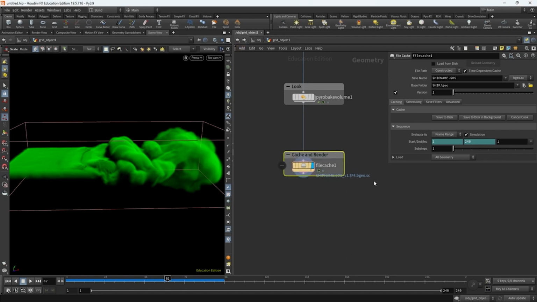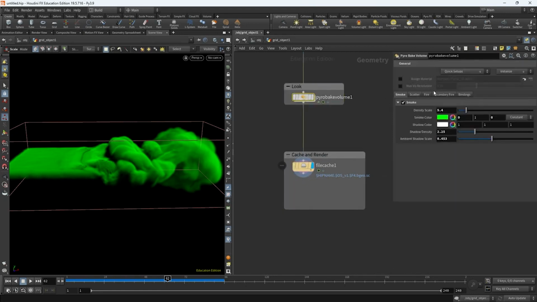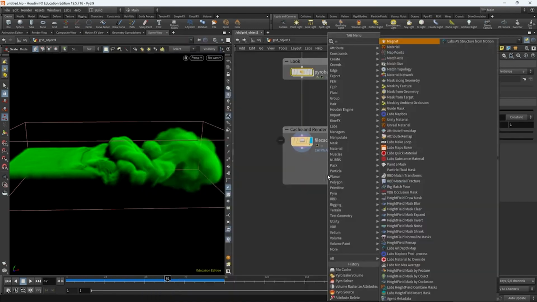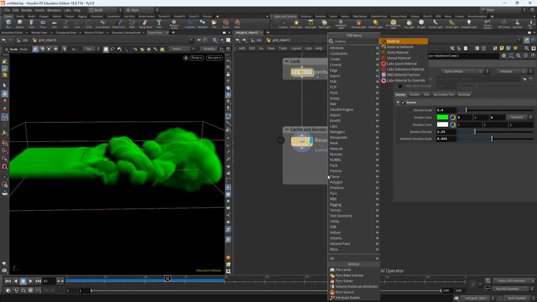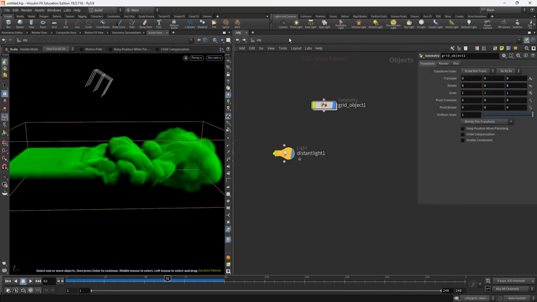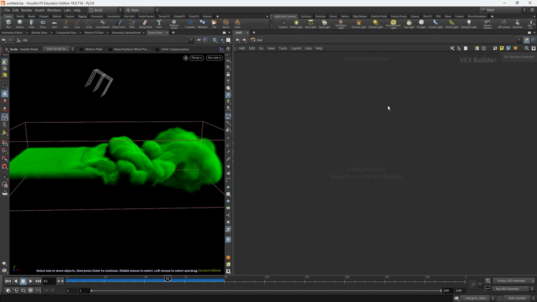And again, this bit is now for cache and render. Okay. Now, with that said, under bake volume, you can assign a material here, but I really usually prefer just adding a material after. So what I can do, guys, is I can add the material node, like so, plug that in, and I'm going to assign a material. So again, similar stuff. We don't have a material yet, so I have to go to the material palette, or